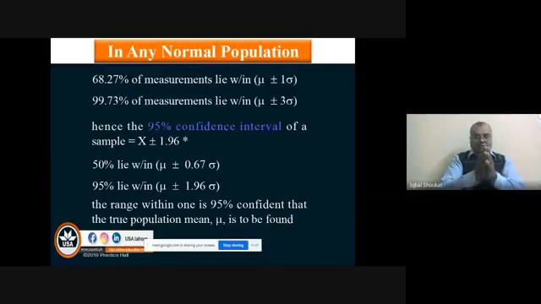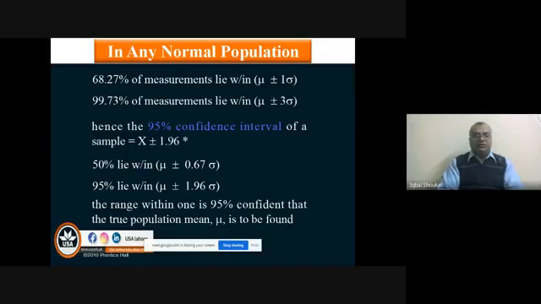As I told in the previous slides, 68.27% of the measurements lie within mu plus minus 1 times sigma, or 1 standard deviation. Whereas 99.73% of the area of the measurements lies within mu plus minus 3 times the standard deviation. Hence, we can say that the 95% confidence interval of a sample is equal to x plus minus